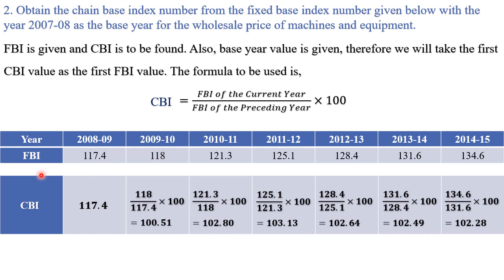number. So it seems that calculating CBI is easier than calculating FBI when we are converting them. It's actually quite easier to understand, easier to calculate, faster to calculate without any errors. Moving on,